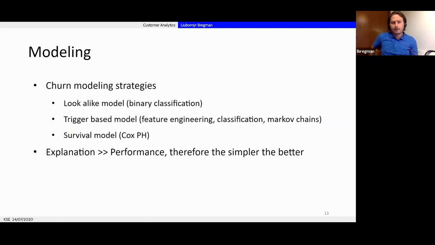But shortly, for those of you who are not familiar with Markov chains, this is a method to model people in different states and their probability of transition from state to state.